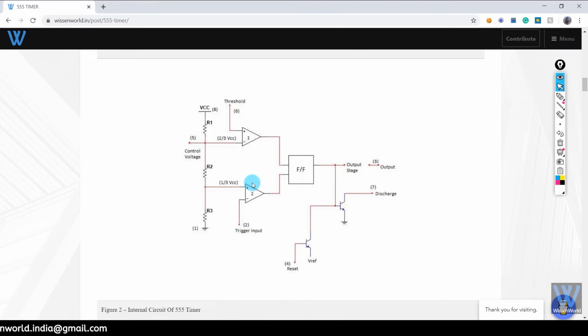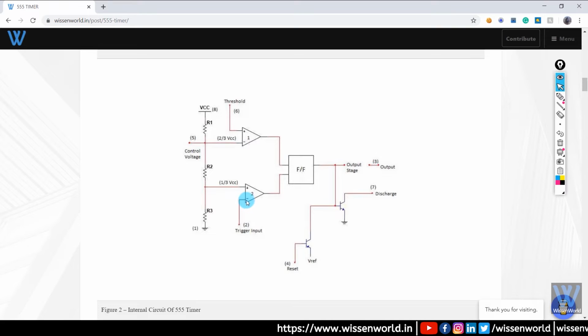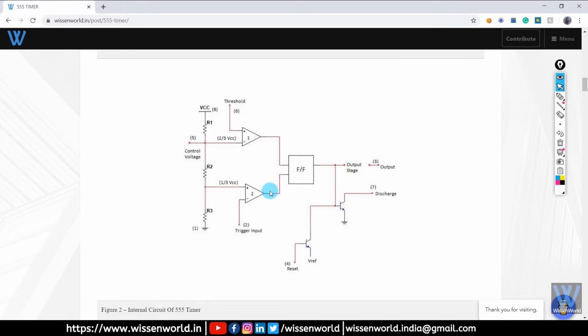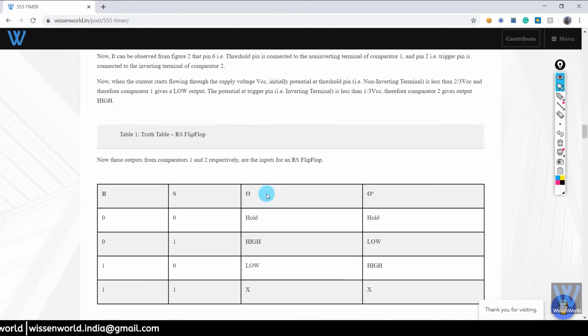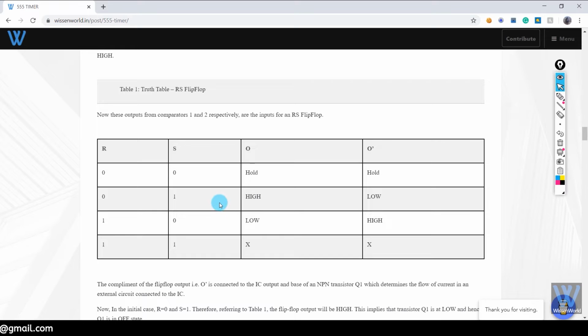And for comparator 2, here voltage at the trigger input will be less than 1/3 VCC, and trigger input is connected to the inverting terminal. Therefore, the output of comparator 2 will be 1. Now the flip-flop inputs are 0 and 1. Now let's recall the truth table of RS flip-flop. You see, this is the truth table of RS flip-flop.